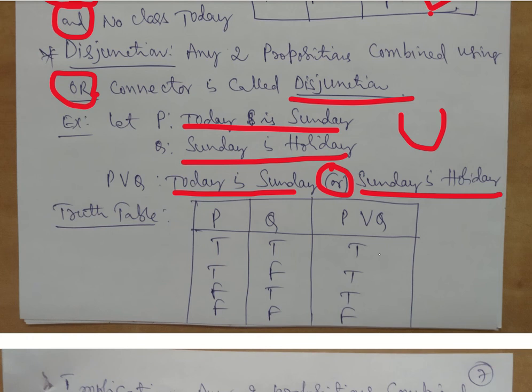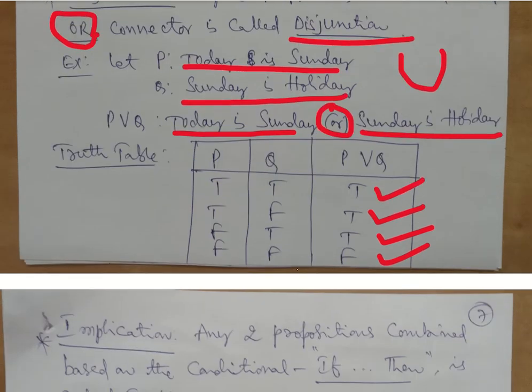So TT, both true, fine. TF, one at least true, you will get true. FT, one at least true, you will get T. Both are false, obviously the result will be false. So that is the definition of your disjunction or an OR gate, which you have seen earlier in logic gates, where if at least one of the values is true, your result will be true. In all the other cases, result will be false. Same definition you can write here, so it is valid. Based on that only this truth table has been written.